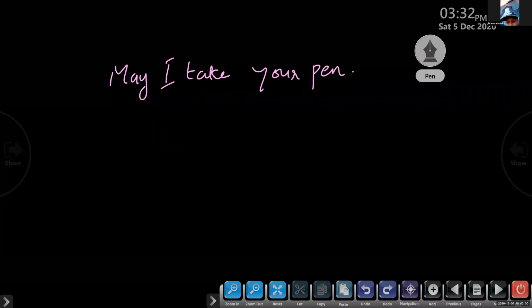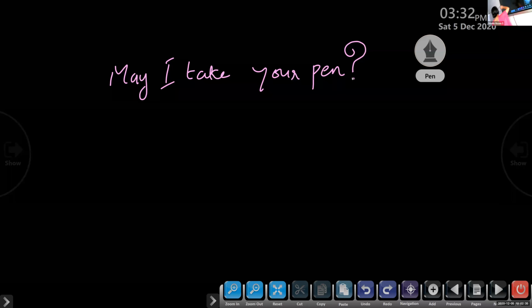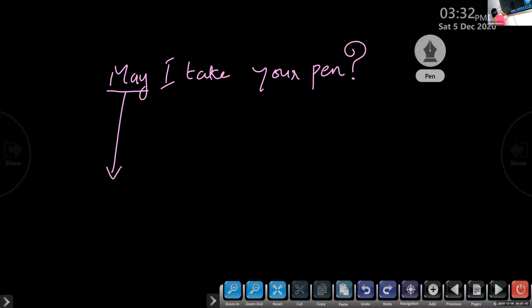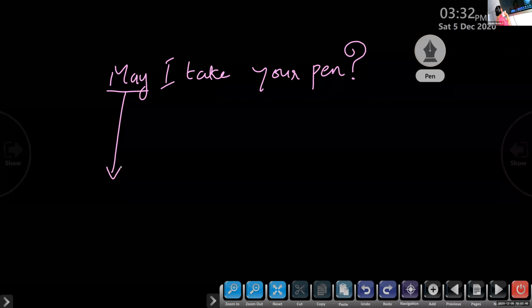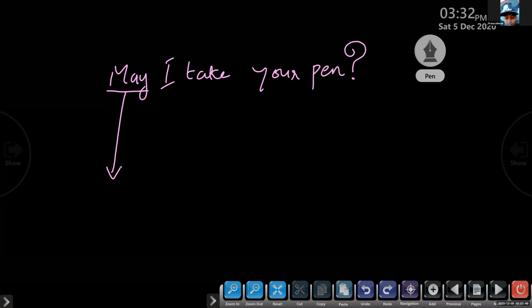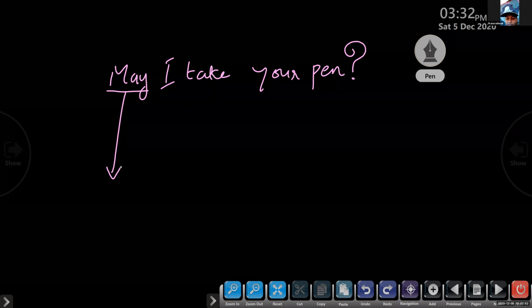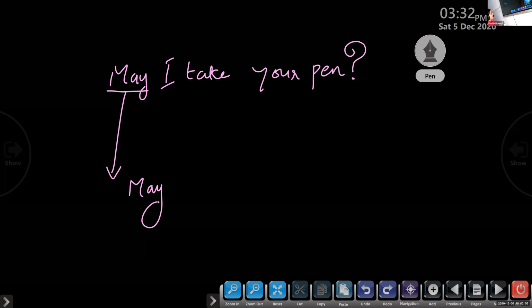Okay. May I take your pen? This is an interrogative sentence ending with a question mark. It is starting with a modal auxiliary. So when you transform a sentence starting with a modal auxiliary into passive, you can use the same modal auxiliary to begin your sentence. Okay? Yes. So how to begin the sentence? May. It is talking to you, Pranav. It is giving you the answer. Your lovebirds, they are there to help you. Okay, may.